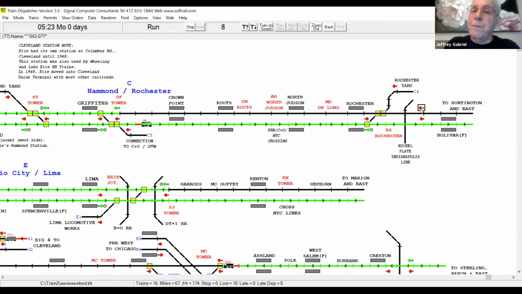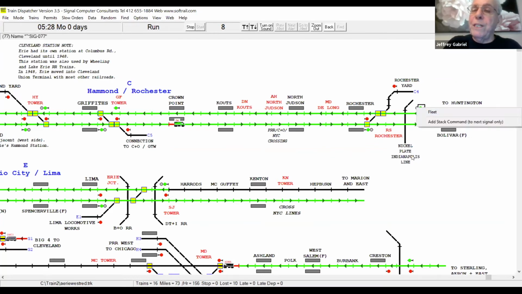Up here, you see this signal. If I click it once, it clears. But if I click it once and then right click and click fleet, it puts a second, like a little gray lens above it there. That means it's fleeted. So every time a train goes by, that signal will go to red for 1 block and it will go back to green if I fleeted it. If I just leave it on a single green, it will go to red, it will not clear again, okay?